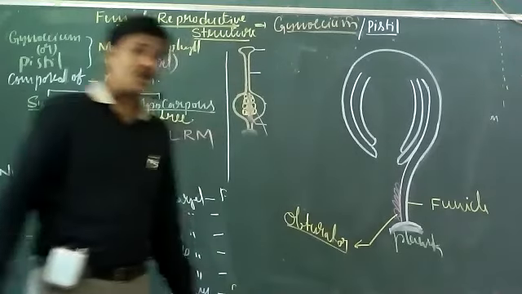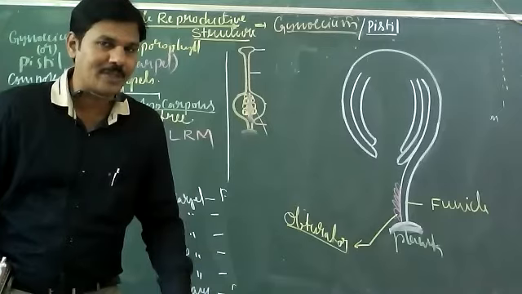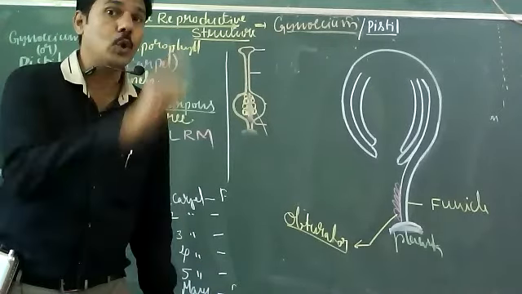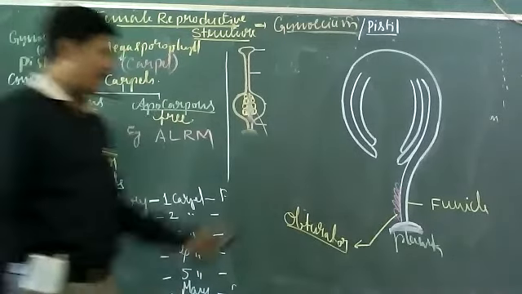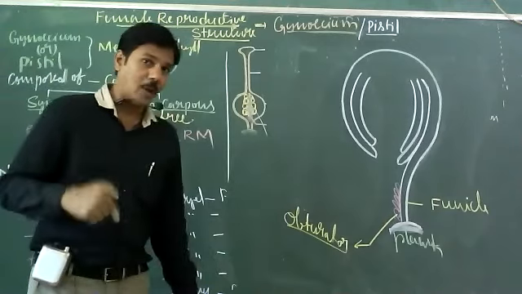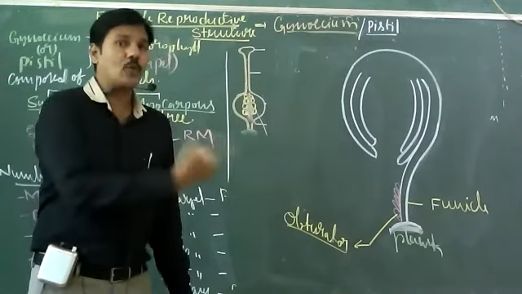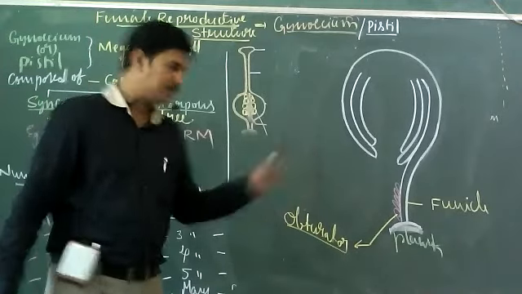Obturator. What is the use of obturator? Obturator is a finger-like projection which guides the pollen tube into the ovule through the micropyle. Obturator guides the pollen tube and helps the pollen tube to enter the ovule.